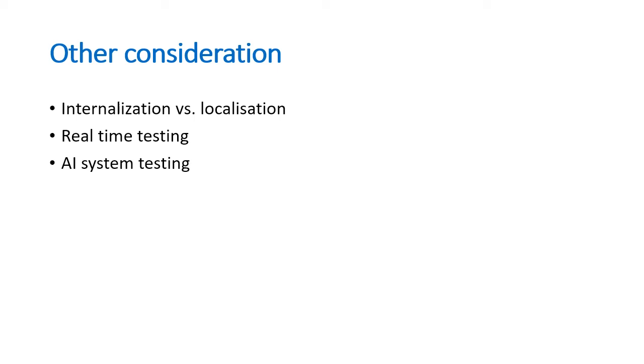Other considerations are internationalization versus localization. Internationalization is the process of creating the software product so it can be used in several countries with various languages without requiring any engineering changes. And localization, obviously, is the process of adapting a software application for use in a targeted global region, by adding locale-specific requirements and translating text elements to appropriate languages. So this effort